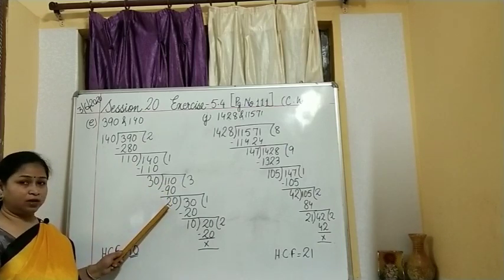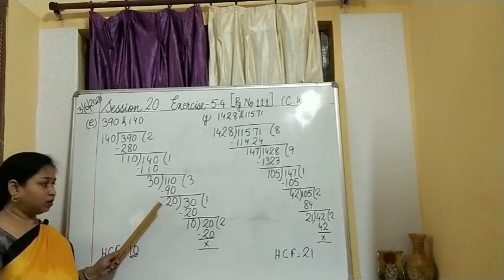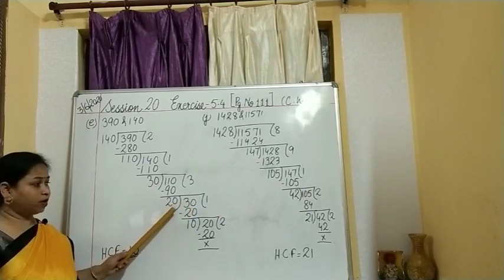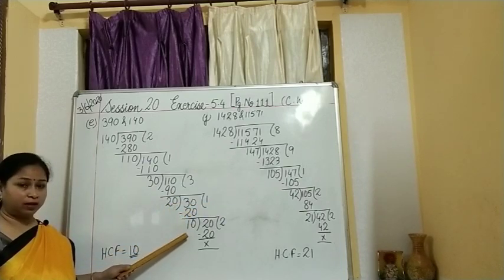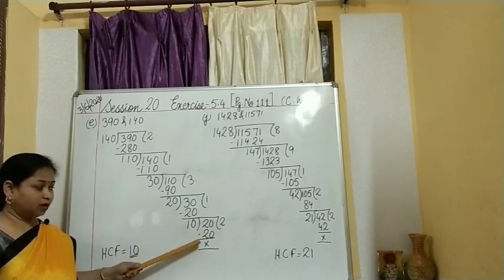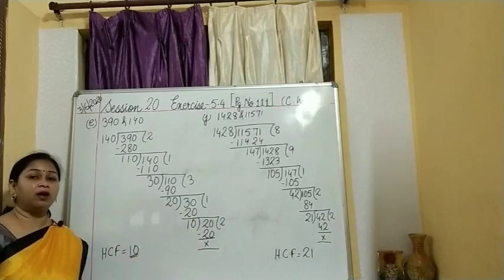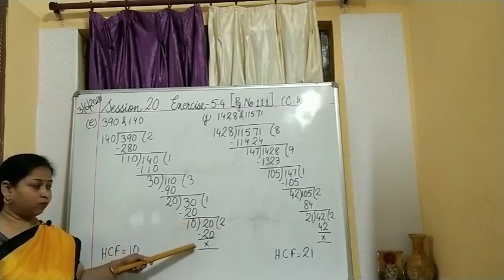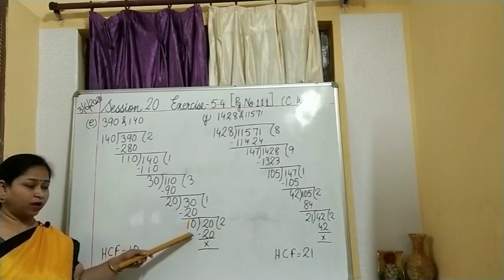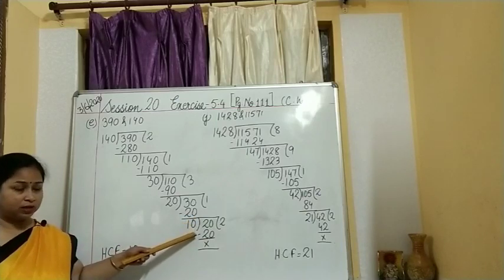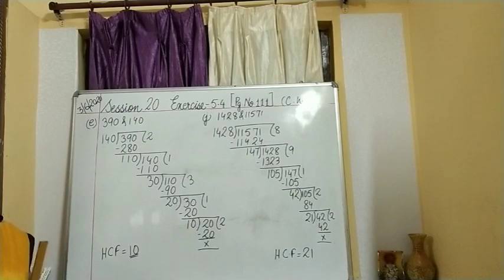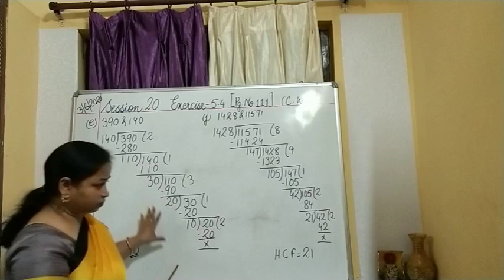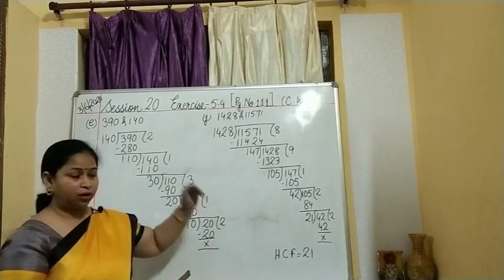Now this 20 will change into divisor, and the earlier divisor will change into dividend. So 20 1s are 20. What have you got? 10. 10 2s are 20. So finally we have reached the step where we are left with no remainder. When we reach the final step, the last divisor, 10, as you can see, becomes the HCF. Since it takes time and I have to explain it, I have already done this question and I will explain it.